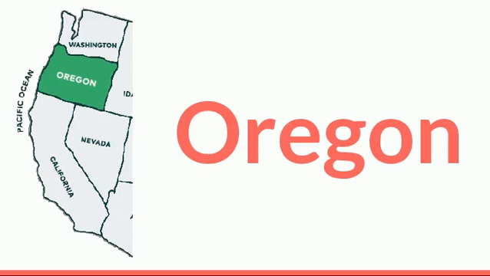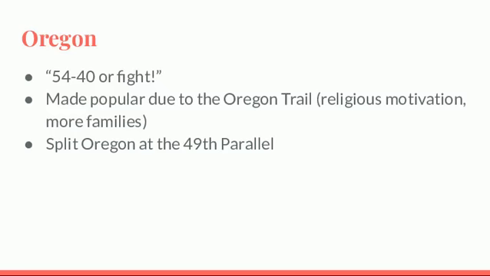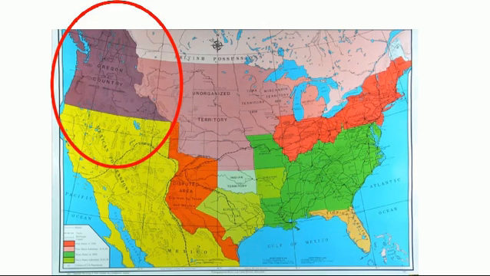Now, Oregon gets acquired by James K. Polk. Remember that 54-40 or fight? That's what he wanted. So he wanted to take all of Oregon, but instead they split Oregon. Now, why would America want Oregon? Well, there were so many people already going into Oregon already,